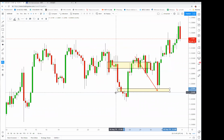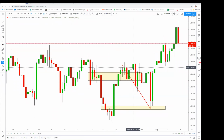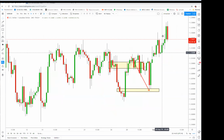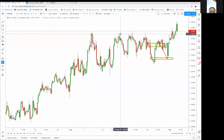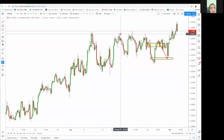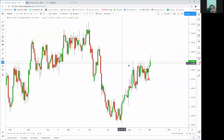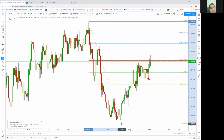This structure here, because there are three bars that were below 1.3250, and then when the engulfing candle happened, the price is retesting the engulfing candle. So this short made about a 50 pips move, and now it's coming up and breaks a new high. So I think it's not good to short dollar Canadian anymore because it breaks a new high, and in the daily chart the price is coming to this important 618 level, which is here,